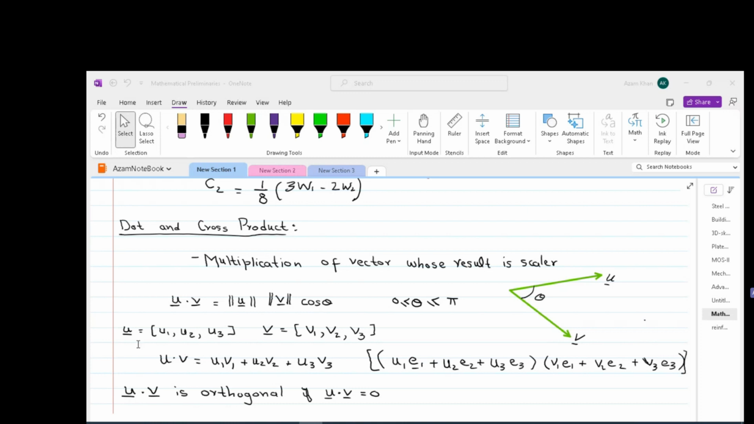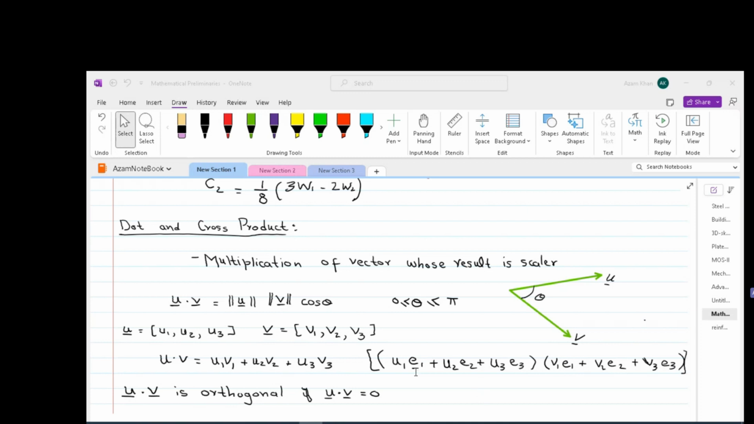So for example, if we have a vector u having components u1, u2, u3 in e1, e2, e3 Cartesian space, and another vector v having components v1, v2, v3, the dot product of the two vectors u and v will result in u1 v1 plus u2 v2 plus u3 v3. That means if we write the vector in its full form, that is u1 e1 plus u2 e2 plus u3 e3, and dot product it with v1 e1 plus v2 e2 plus v3 e3, we will have